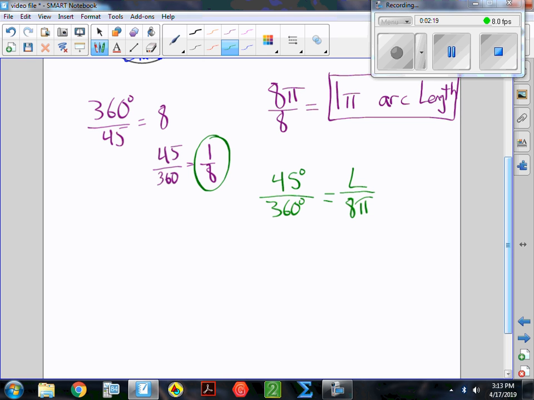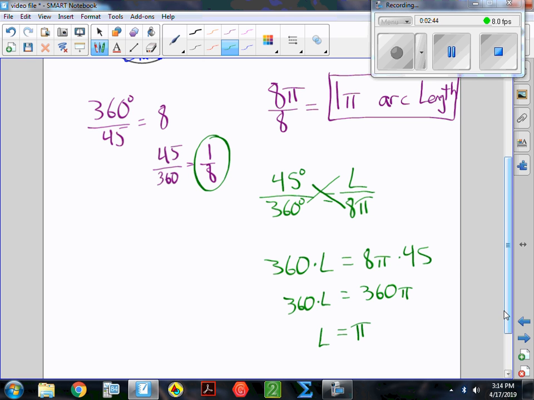Sometimes that doesn't work and it just gives you a weird decimal. So you can also cross multiply at any point. 360 times L is equal to 8 pi times 45. So 360 times L is equal to 360 pi, because 8 times 45 is 360. So if I divide both sides by 360, I'll get L equals pi units. So approximately 3.14 is the length of the arc. So 3 different ways you can look at doing